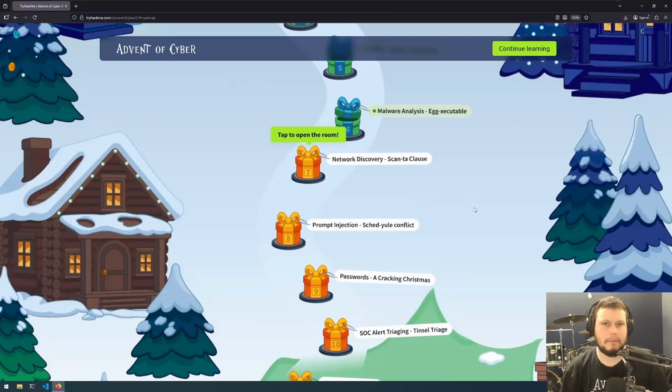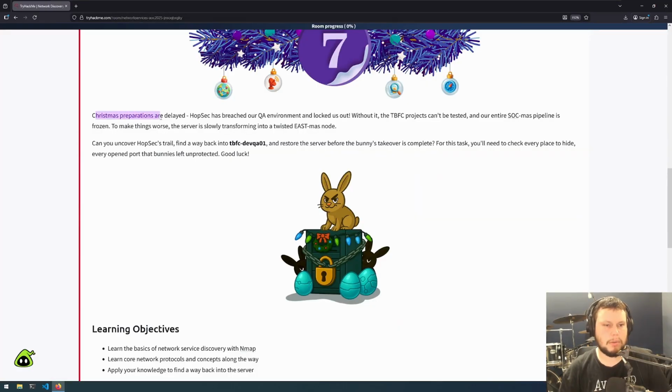This is day 7 of Advent of Cyber 2025, and this challenge is called Network Discovery, Scan to Clause. Christmas preparations are delayed. OPSEC have breached our QA environment and locked us out. Without it, the TBFC projects can't be tested, and our entire SOCMOS pipeline is frozen. To make things worse, the server is slowly transforming into a twisted Eastmas mode. Can you uncover OPSEC's trail, find a way back into TBFC DevQA01, restore the server before the bunny's takeover is